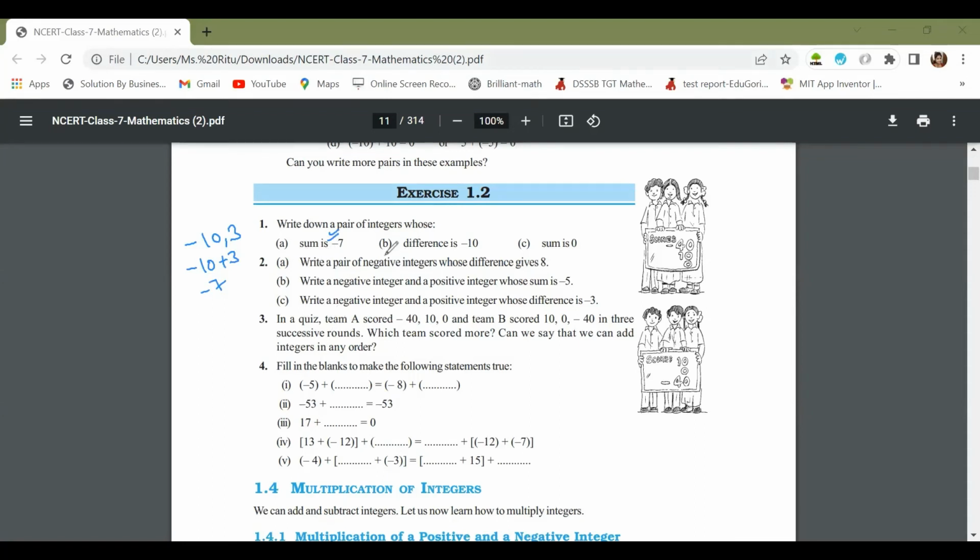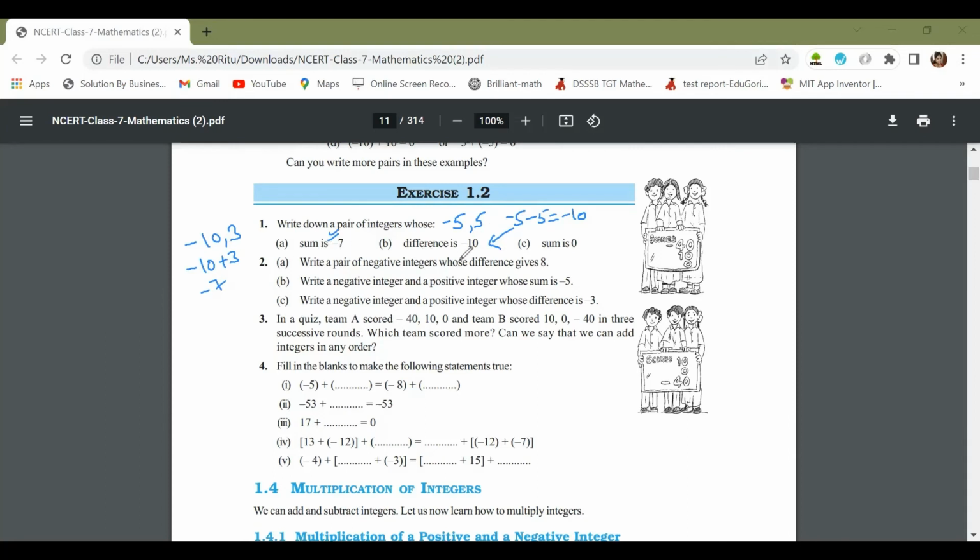ठीक है। Now write down a pair of integers whose difference is -10. अब ऐसे दो इंटीजर्स लेने हैं जिनको माइनस करने पे उसका आंसर -10 आए। ठीक है, तो आपको इस तरह का इंटीजर चूज करना है। तो suppose अगर हम चूज कर लेते हैं, but यहाँ पर आपको ध्यान देना -10 आना चाहिए। ठीक है, तो अगर मैं चूज करती हूँ -5 और 5, तो अगर हम इनका डिफरेंस find out करते हैं, तो -5 - 5, this is giving us -10. और भी ऑप्शंस हो सकते हैं, आप कोई भी दो इंटीजर्स ले सकते हो, but जो डिफरेंस है वो -10 आना चाहिए। इस केस में -7 सम आना चाहिए। तो any two integers you may take of your own choice. आंसर एक नहीं होगा इसमें, आंसर बहुत सारे हो सकते हैं, but जो पूछा गया है वो रिजल्ट निकलना चाहिए।